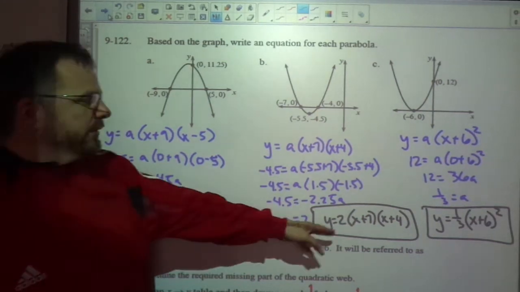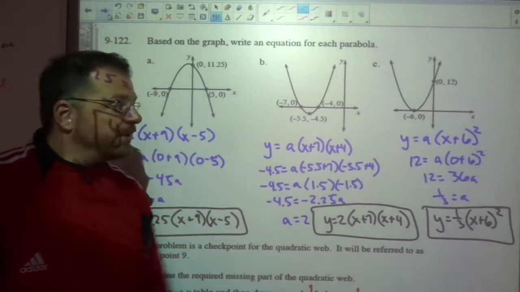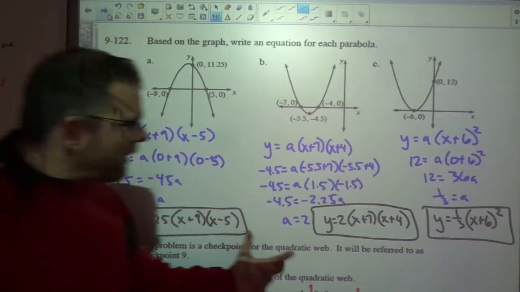So here's my answer. The 2 is the front number, x plus 7, x plus 4. Over here,